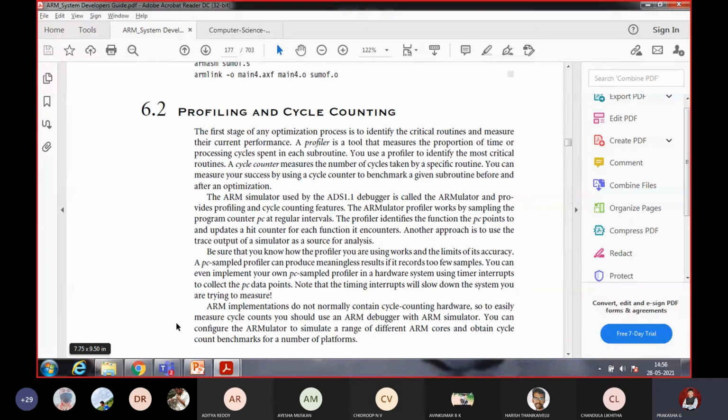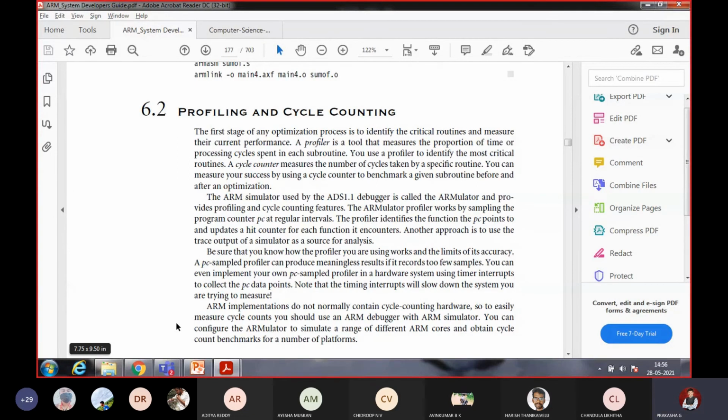You use a profiler to identify the most critical routines. A cycle counter measures the number of cycles taken by a specific routine. You can measure your success by using a cycle counter to benchmark a given subroutine before and after an optimization.